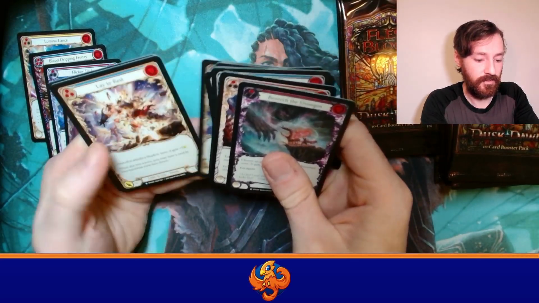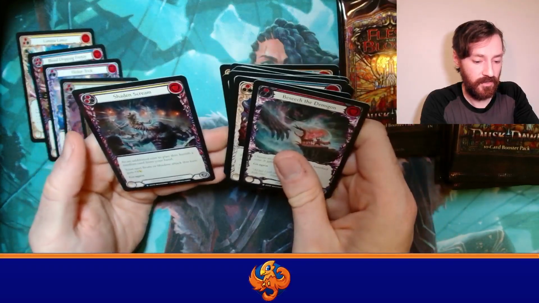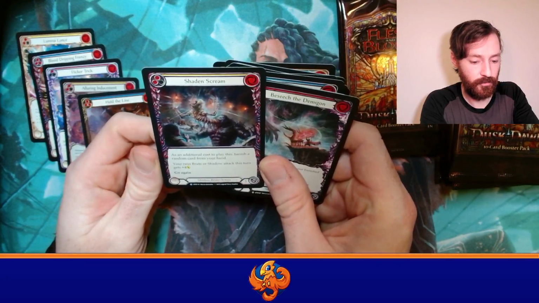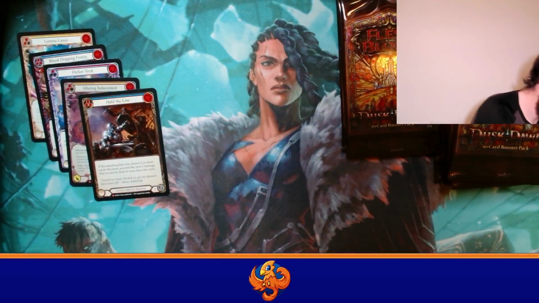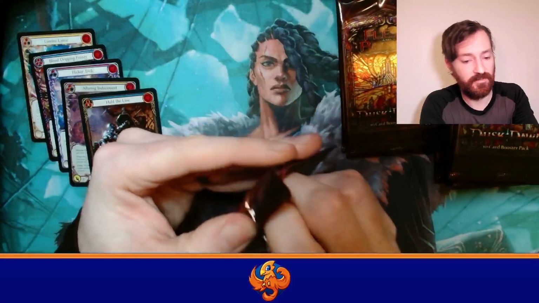Oh, another Cleansing Light. Shade and Scream. Additional cost. Banish a random card from your hand and the next shadow or brute action gets +4. Wow, so the red gives +5. It's pretty huge. Obviously always giving you above rate stuff, but